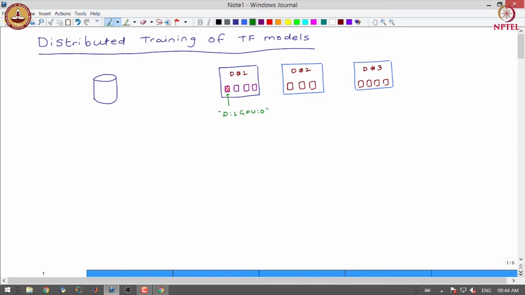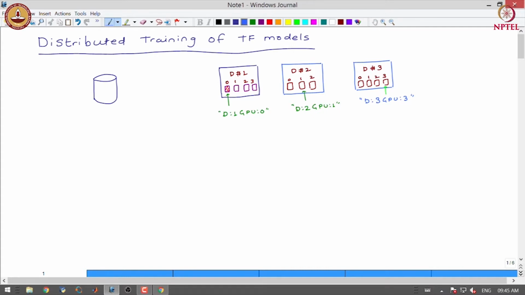From device 2, this particular GPU will be identified as device 2 GPU 1. Let us give them numbers 0, 1, 2, 3, 1, 2, 0, 1, 2, 3. For example, this particular GPU will be identified as device 3 GPU 3.